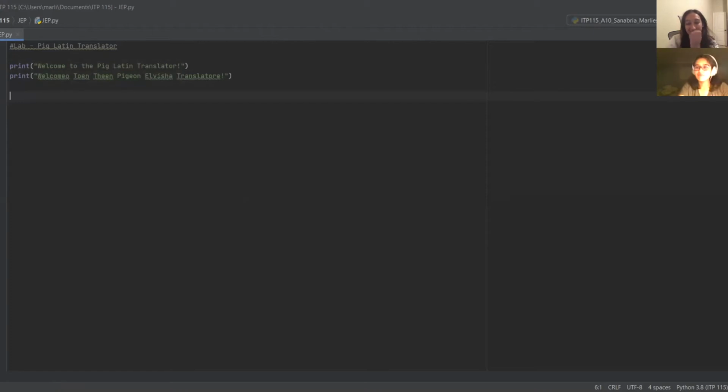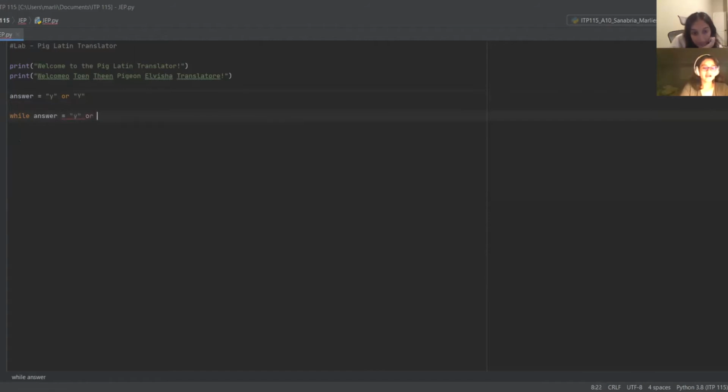So to begin, we're going to do a while loop, but first we initialize the variable. And so to ensure that the while loop goes at least through once, first we're going to just do answer, and we're going to equal it to y, or capital Y. So that's to ensure that the while loop goes through at least once. So next we're going to start a while loop. So we're going to put while answer equals y,